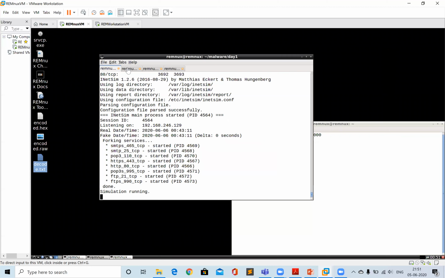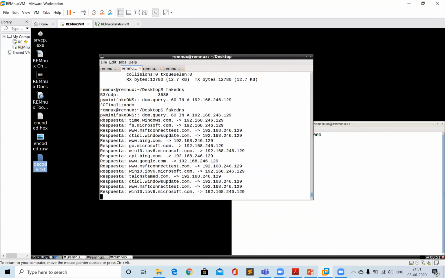So let's go to the fake DNS first. You can see there were these requests that were called from the malware. The first website it went to was talonstamp.com. Then ctldl.windowsupdate.com, then msftconnecttest.com. These three.